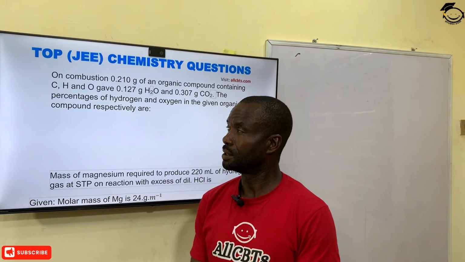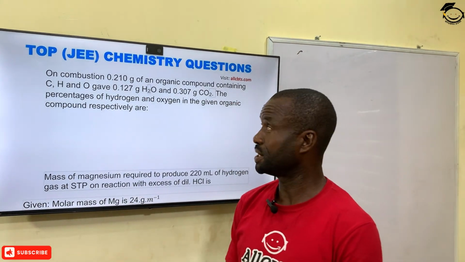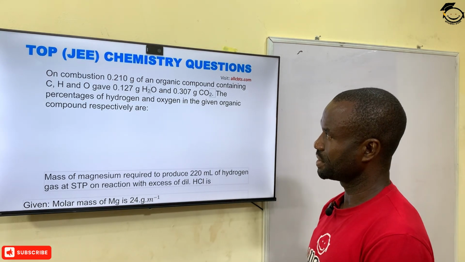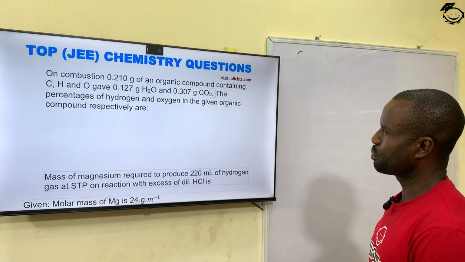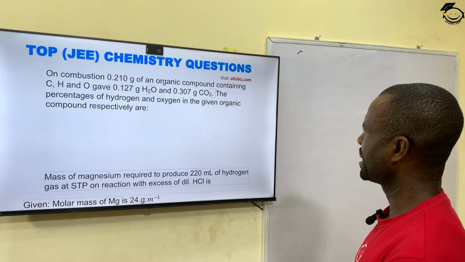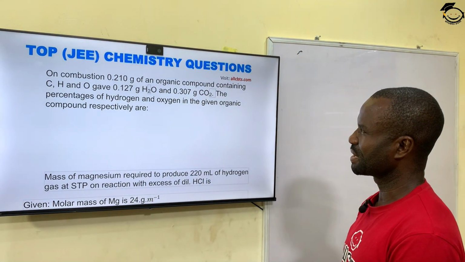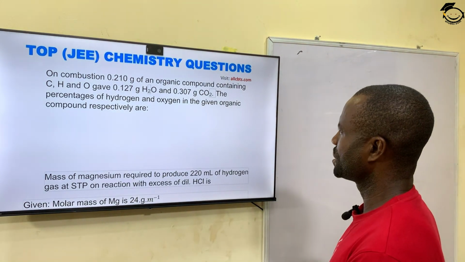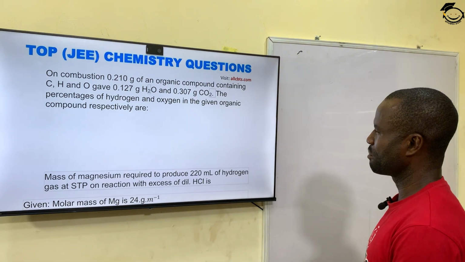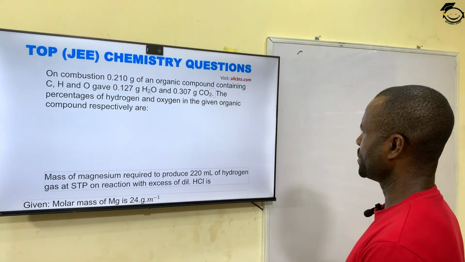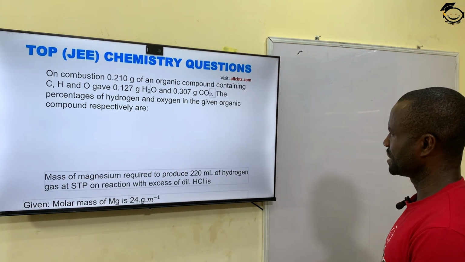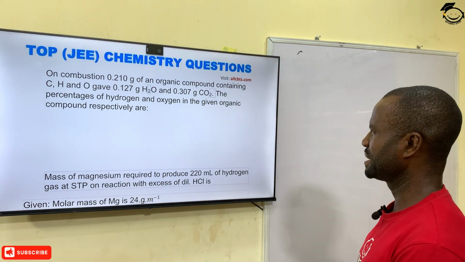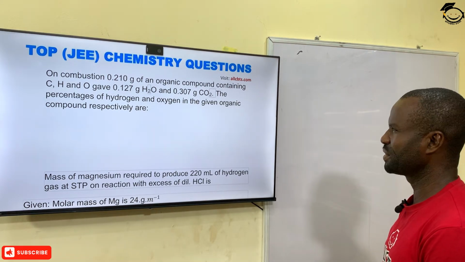All right. Today we shall be taking some top JEE chemistry questions. So let's take the first one, which says, on combustion, 0.210 gram of organic compound containing carbon, hydrogen, and oxygen gives 0.127 gram of water and 0.307 gram carbon dioxide. The percentage of hydrogen and oxygen in the given organic compound,